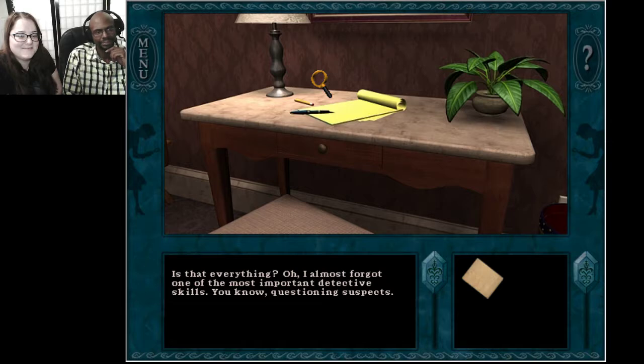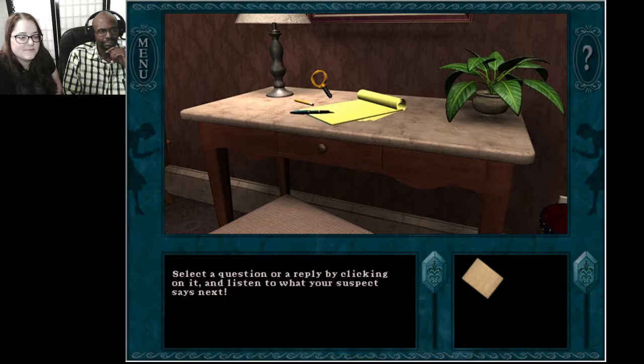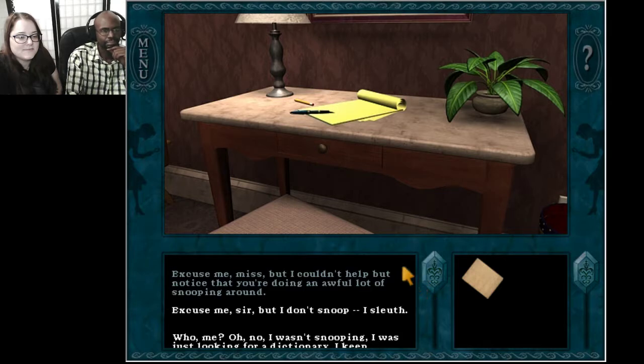Is that everything? Oh, I almost forgot one of the most important detective skills. You know, questioning suspects. In the game, you can talk to the people you meet. The conversation will appear in a text box next to the toolbox. The words of the person you're talking to will be in blue, and my replies will be in white. Select a question or a reply by clicking on it, and listen to what your suspect says next. Give it a try. Excuse me, miss, but I couldn't help but notice that you're doing an awful lot of